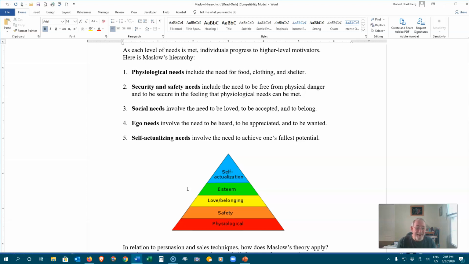If you can identify how your product, service, or idea fills one of these needs, and you can address that in your message, you have that much greater of a chance to be successful.